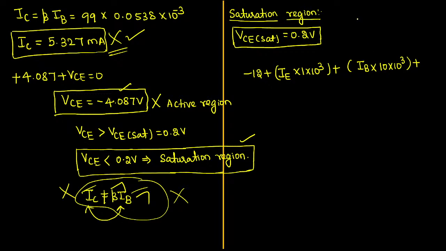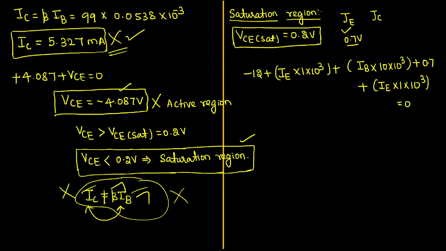Even in the saturation region, the base-emitter diode will be forward biased. We know in the saturation region, both the emitter junction and collector junction become forward biased. So undoubtedly you can take the same voltage, 0.7 volt, and proceed further. Plus, under the 1 kilo ohm resistor, once again emitter current IE into 1 into 10 power 3,